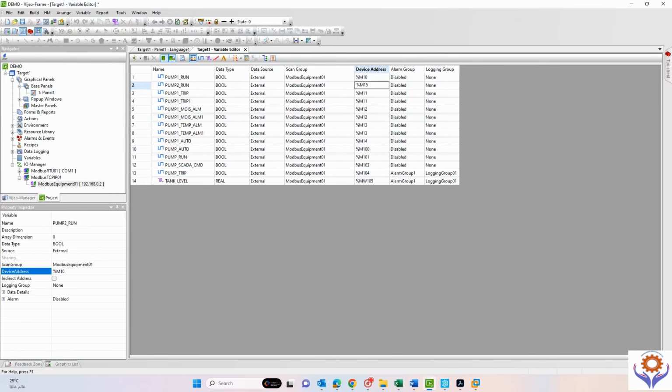Now pump 2 run, and the address is %M15, and pump 2 trip, and the address is 16. And if you go for moisture temperature alarm also, pump 2 moisture alarm, and this address is 17, and pump 2 moisture alarm, and this one I will assign as %M18, and I will assign the final one